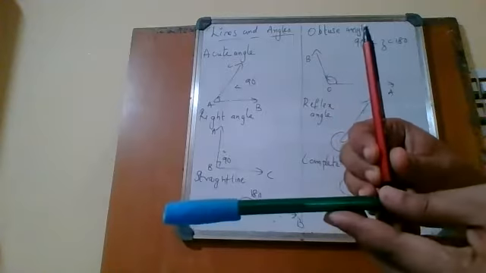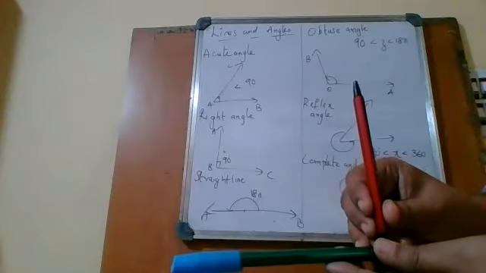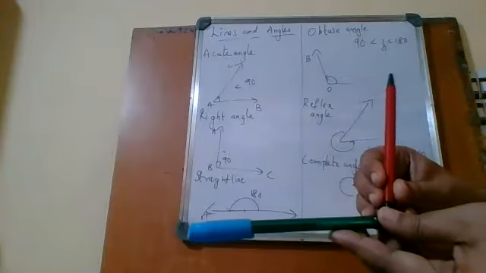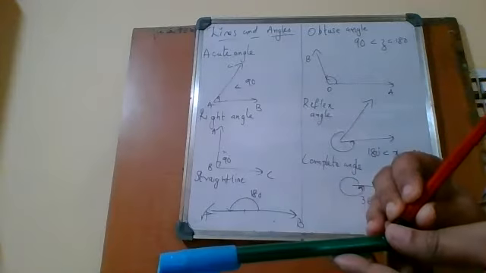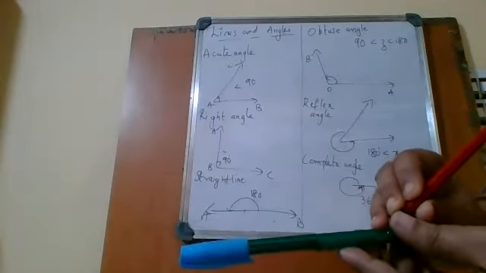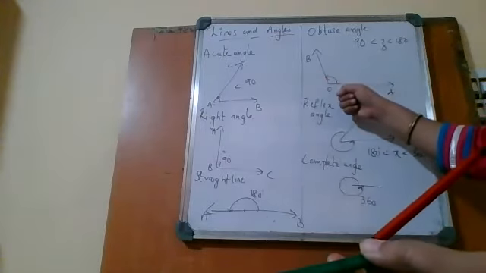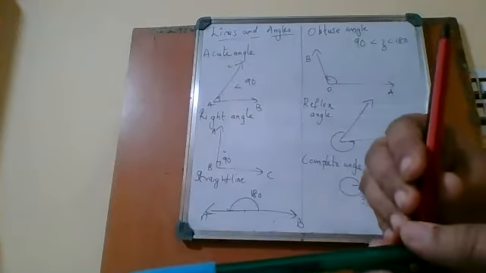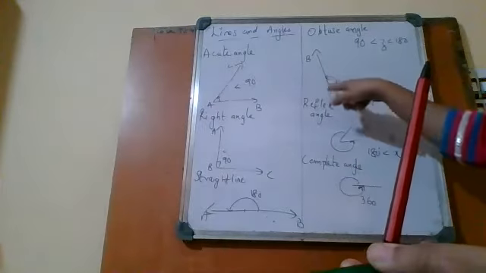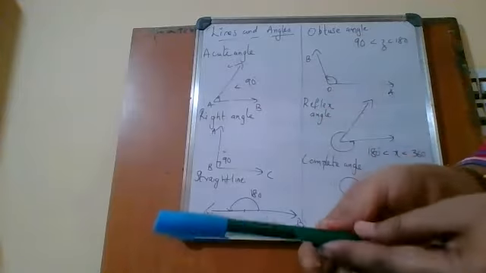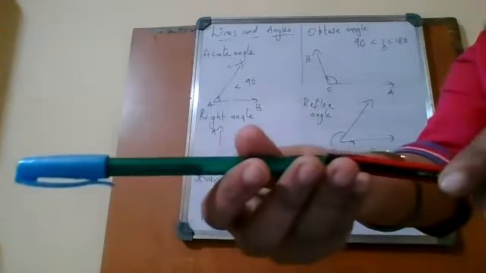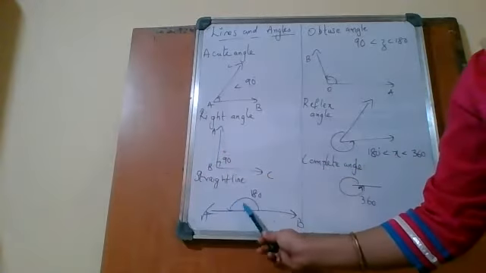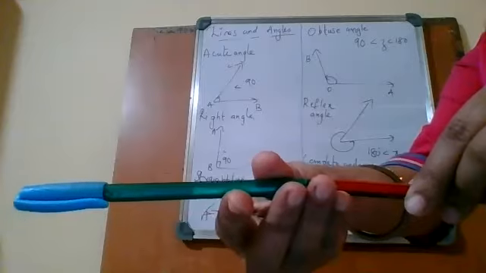If it is in this way, this is your right angle, which is exactly equal to 90 degrees. Now just bend this board. Now this is more than 90 degrees. More than 90 degrees is an obtuse angle. Next, now I'm making it straight. Both are touching each other. This is a straight angle, which must be equal to 180 degrees.